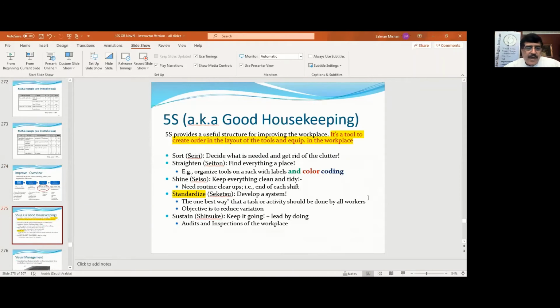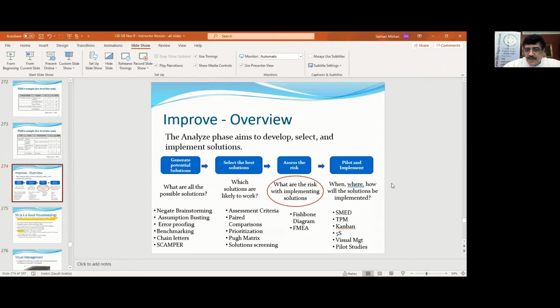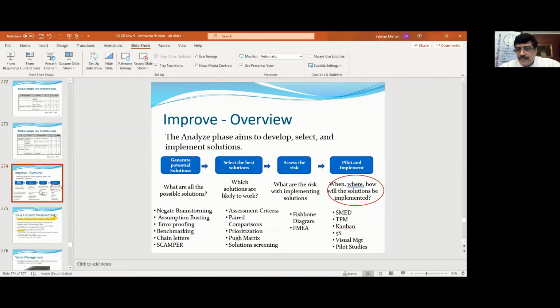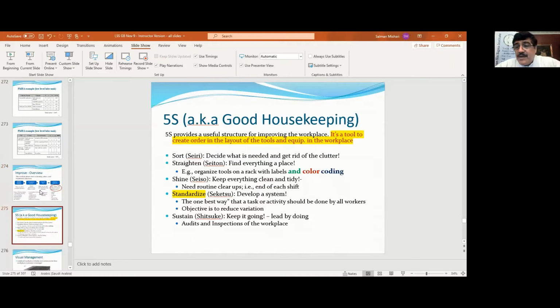Very good. Now, after this one actually should go here. So we're just going to look at a few. We pilot the study, and piloting the study, maybe we do different things. But one important thing is, and you will hear it a lot, is the 5S. And the 5S again, it's also known as good housekeeping,